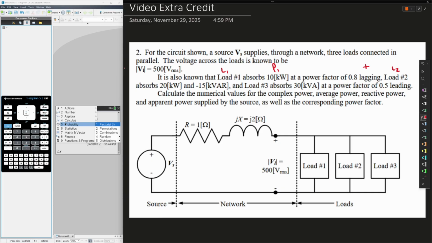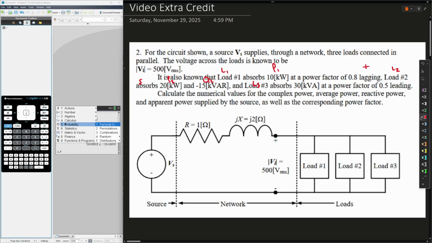Load 2 absorbs 20 kilowatts and negative 15 kVARs. So this is already in complex form here because you have your power for P2 and then your reactive power for Q2. Load 3 absorbs